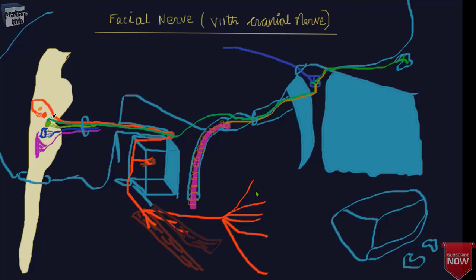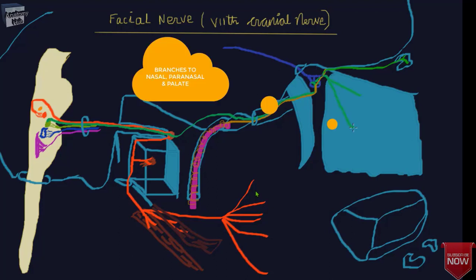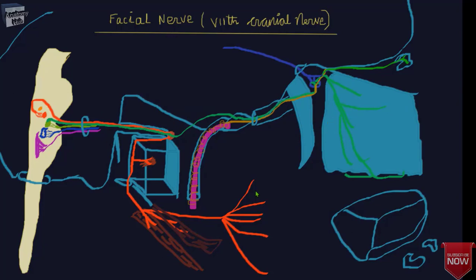Now we will bring another fiber that is actually arising out from the. Okay, so here students can know about the branches to the nasal, paranasal and the palatine glands that are also innervated by the lacrimatory branch over here. Then here we will see the superior salivatory nucleus. It makes an internal genu, then descends downward at the posterior wall of the middle ear. Then it enters into the facial canaliculus and it is related to the lateral wall.